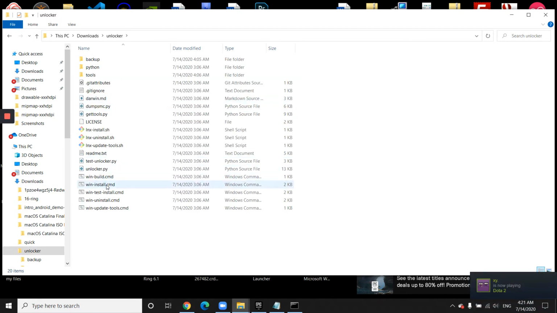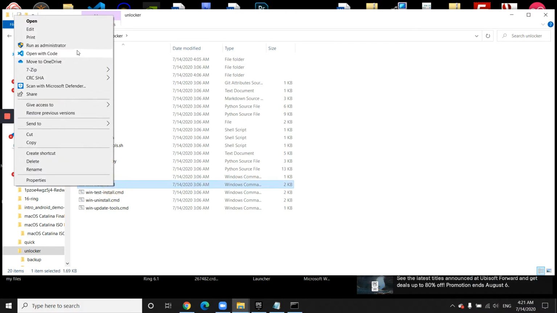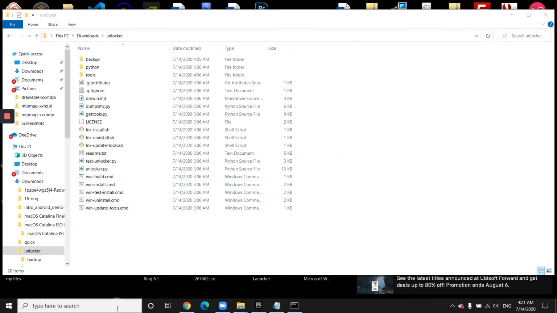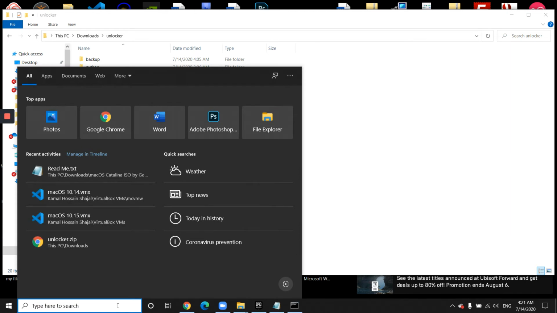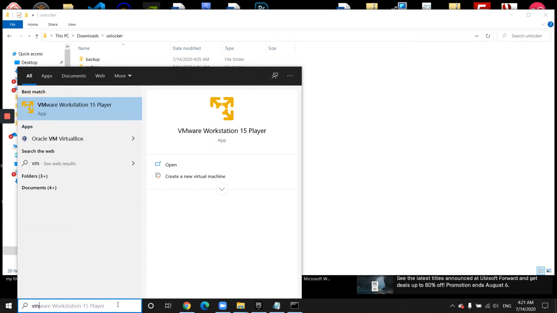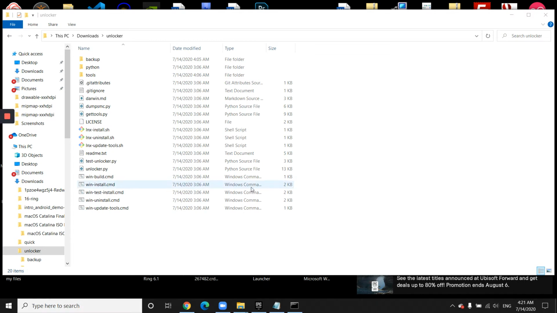unlocker and run this win-install cmd as administrator. Okay, that's all for now. Then, after the installation of the unlocker is done, open VMware Player again,